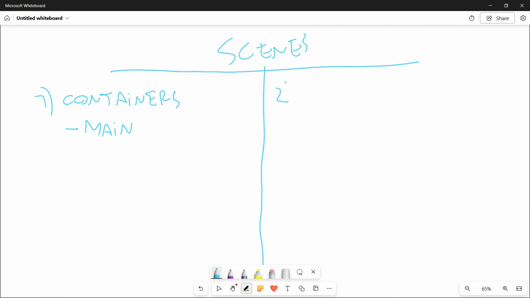And the other type of scene could be a functionality scene, so func, I will just call it in this case. Which, for example, will include our player, and later on it will also include, for example, our environment, our obstacles,